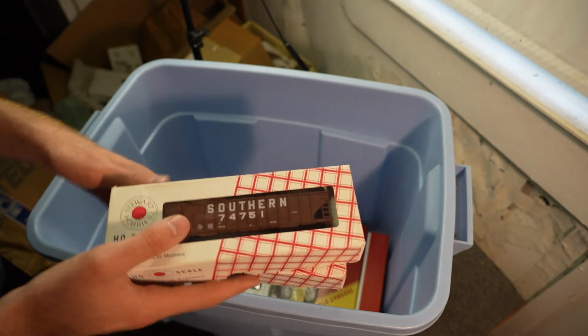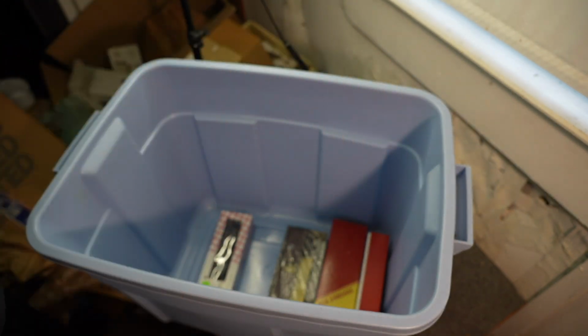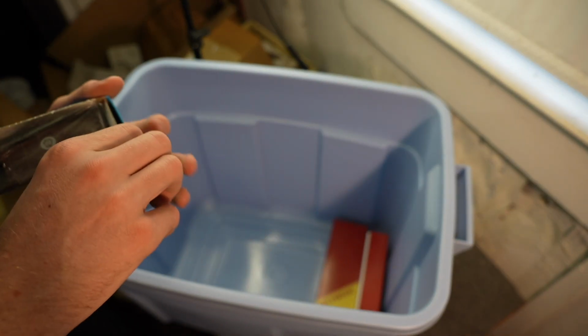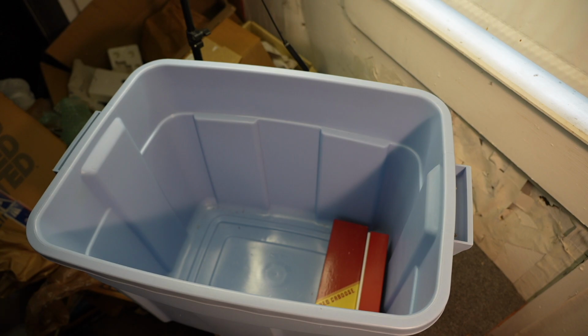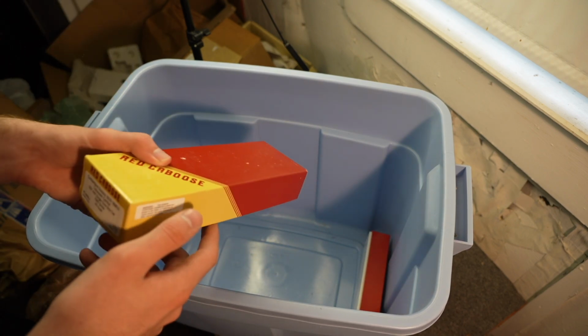I see 3 of these Southern Stewart Hobbies cars down here. Those are awesome. And a Clinchfield one, another super obscure railroad, but one of my favorites. Nice Pennsy 50-footer here. Lots of really cool Athearn Blue Box stuff going on in this collection too, guys. I think the Tennessee Central stuff really won this box, for me at least, but there's lots of